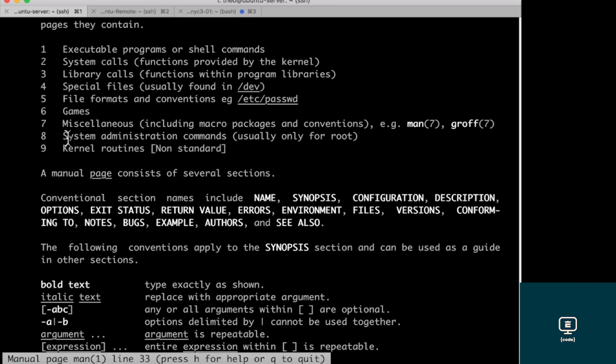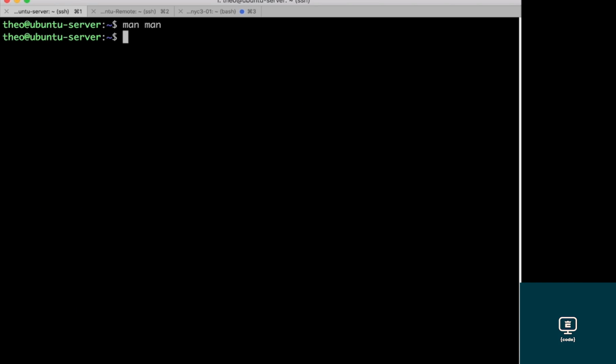If you want to do some more advanced system administration commands, you might be interested in section 8. Library calls would also be for developers. But again, most of the things we're going to look for will be in the executable programs or shell commands, section 1. If you're curious to see what sections a command is found in, you can just type man -a